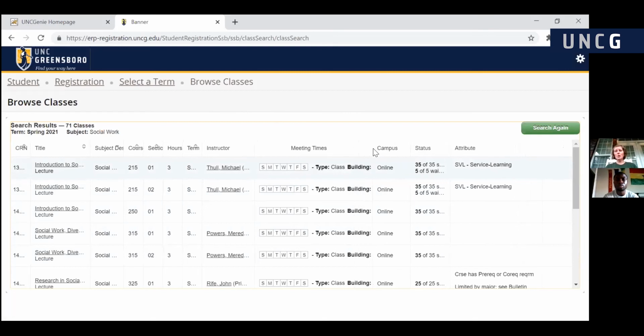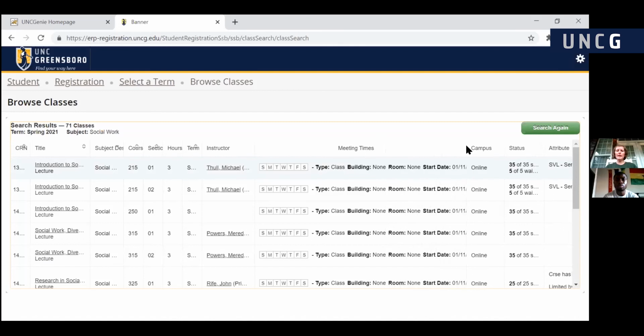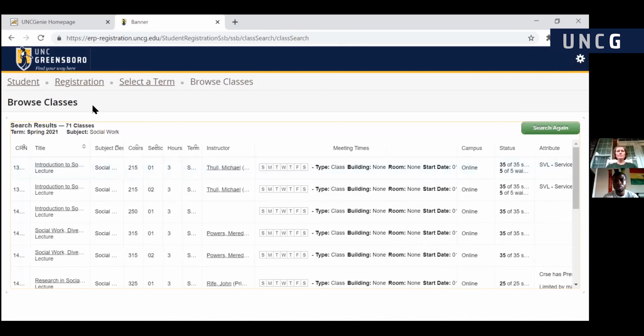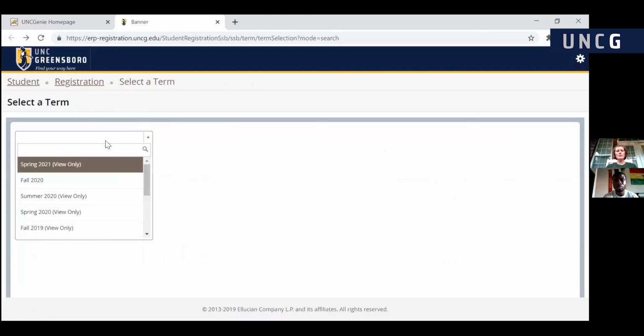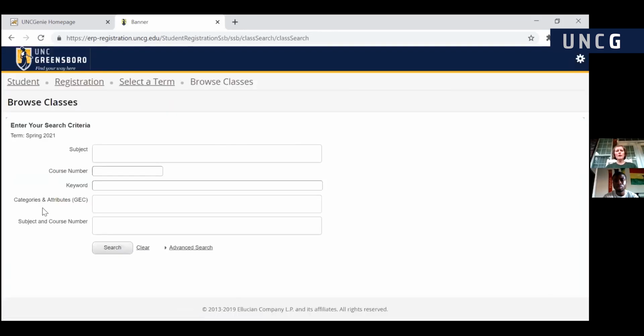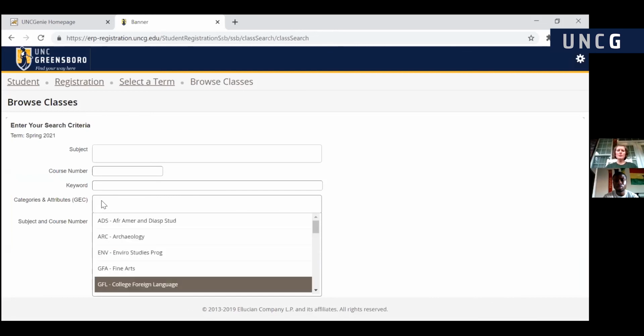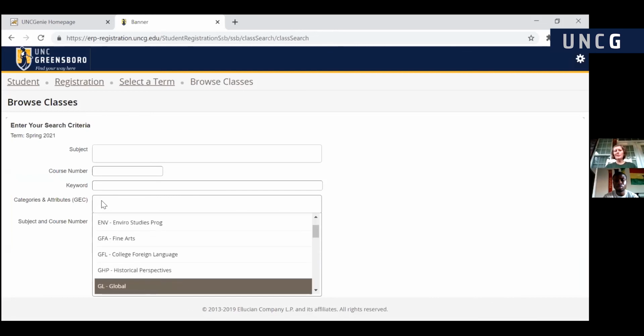So if you want to expand on that meeting time column, like if this were a course that were offered on campus, you'd be able to see the meeting times, the location, the building. So I'm going to take this back, and instead of searching by subject, now I want to search by general education marker. So if you know how to pull up your DegreeWorks degree evaluation, excuse me, you can click in that GEC for general education core box, and you'll be able to see all of those different markers that every student has to have.